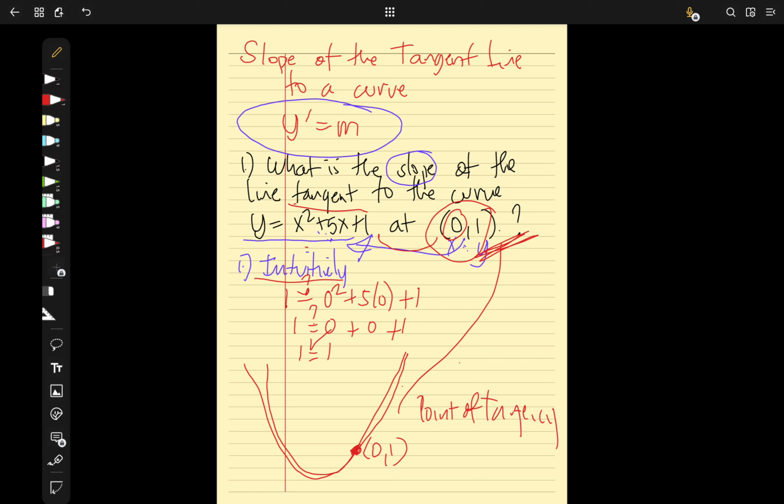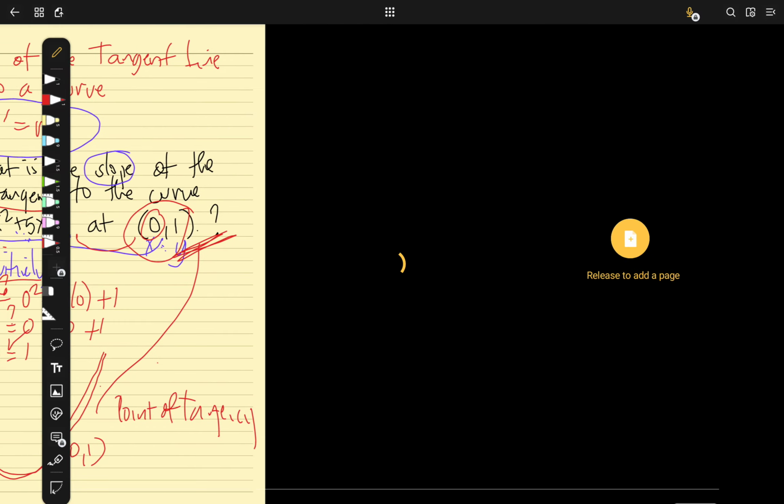Okay, hanapin ngayon natin ang slope. Sabi natin, y prime is equal to m. So, set natin si y prime. Hanapin muna natin si y prime. First, second, step natin. So, una, chinek natin. Second,